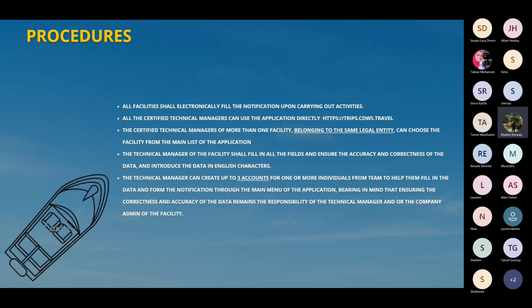The procedures. All facilities shall electronically fill the notification of safari and daily boats of diving, snorkeling, submarine and semi-submarine, glass bottom boat, diving and beach snorkeling upon carrying out any activities. All the certified technical managers can use the application directly by entering the username and password, registered on their account in the CWS website through the application link